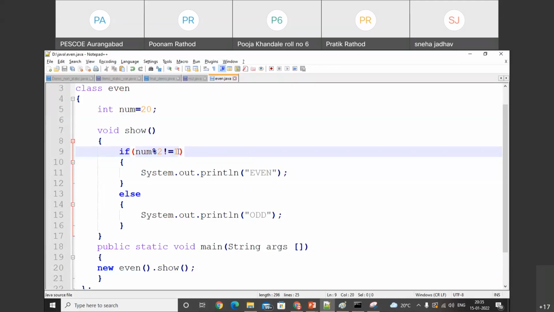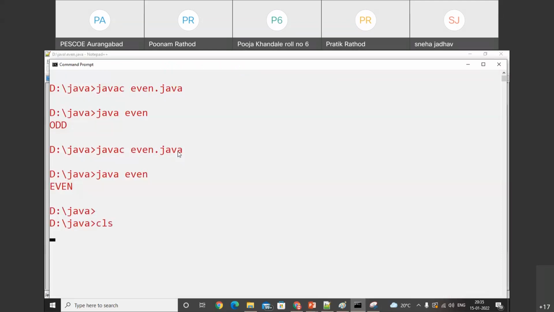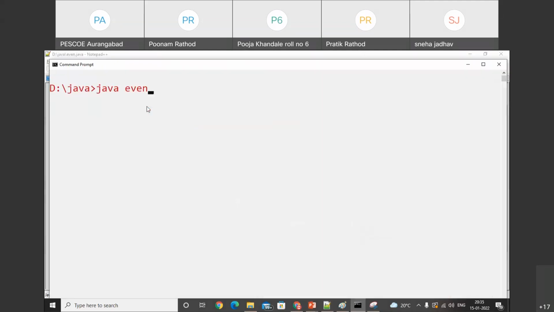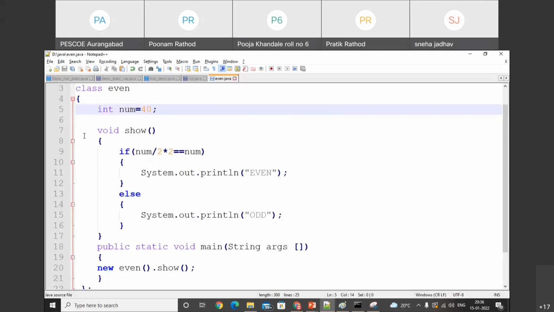ये भी बिजनेस लॉजिक बताया. और दूसरा मैंने जो आपके ही स्टूडेंट ने क्रिएट किया था, हर नेम इज आकांक्षा, उसके टास्क दिया था, उसने ये लॉजिक डेवलप किया था, num divided by 2 multiplied by 2 equals to num, और प्रॉपर वर्क होता है. और यहाँ मैं एंटर 40 इवन नंबर, सो इवन. ओके, अगर यहाँ मैं 1 करता हूँ,